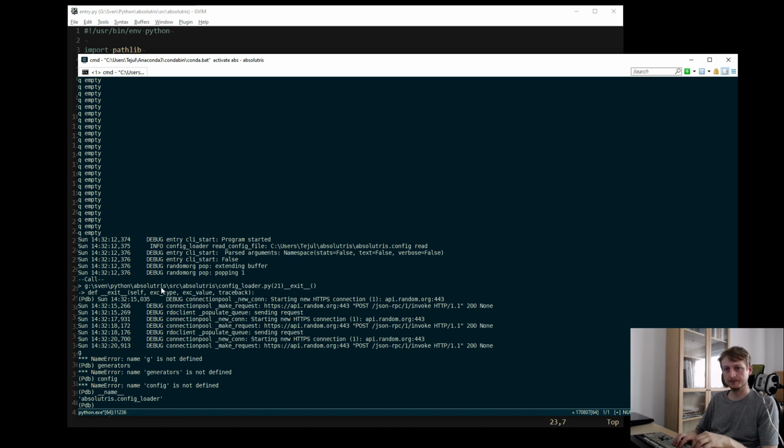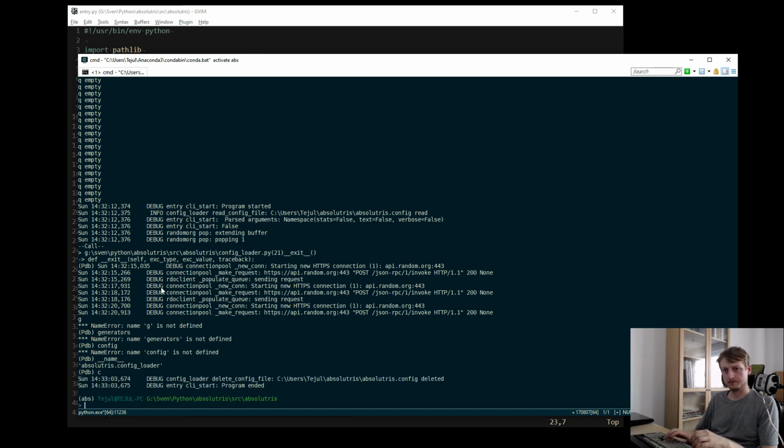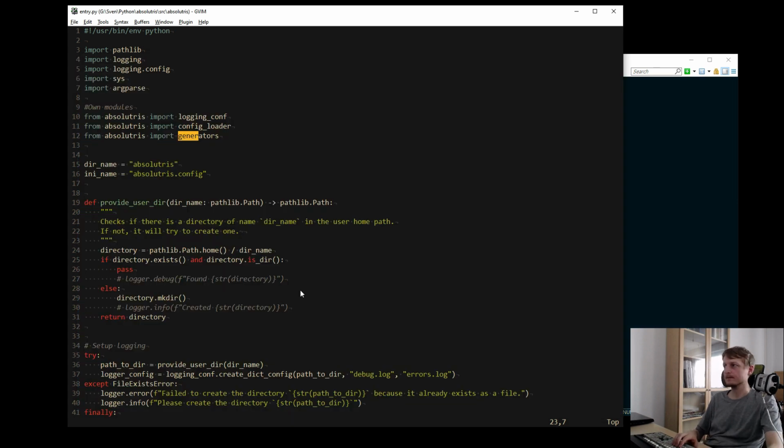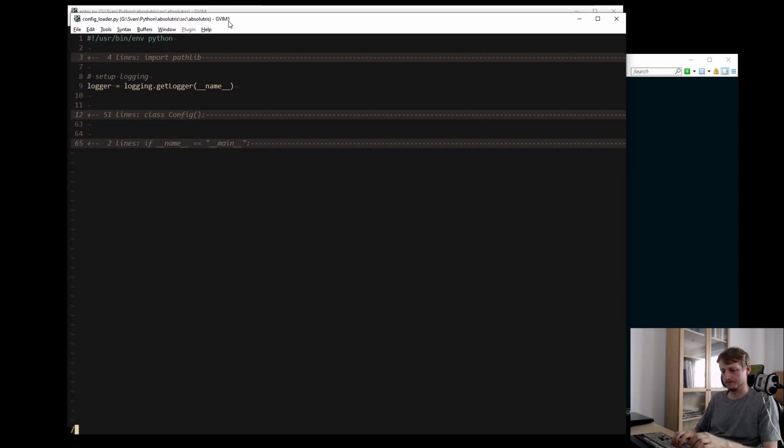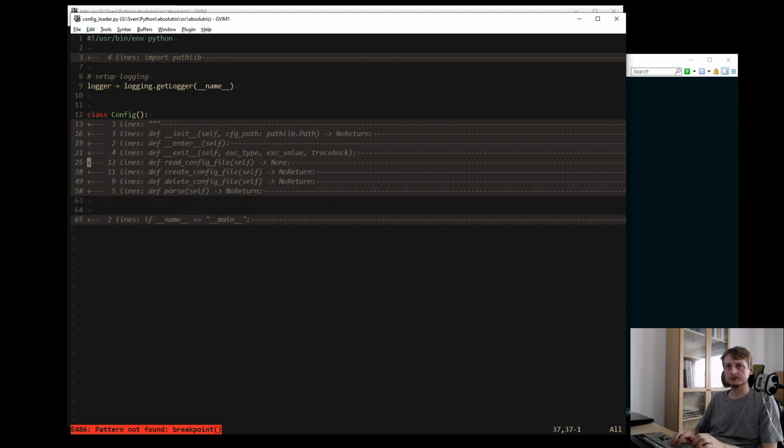That's why. Why am I having a breakpoint in config loader? Do I have a breakpoint here? I don't.